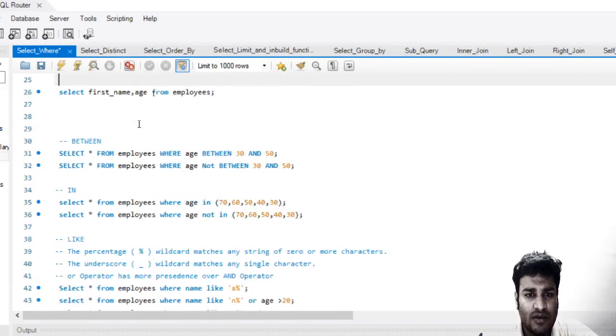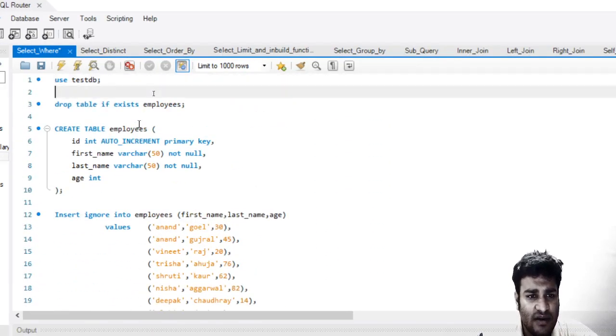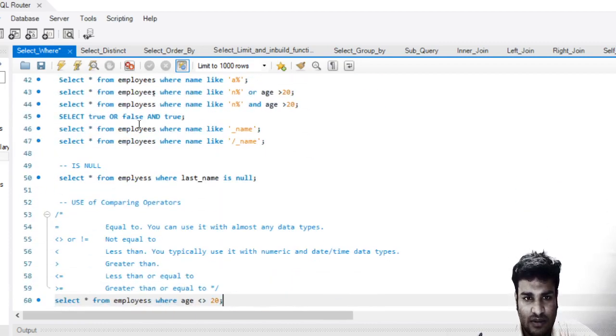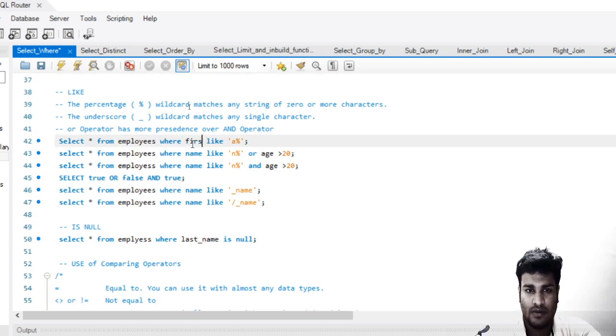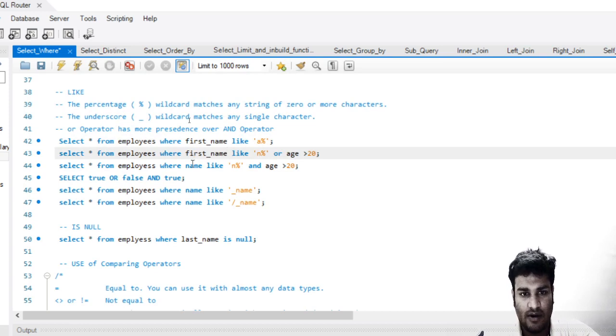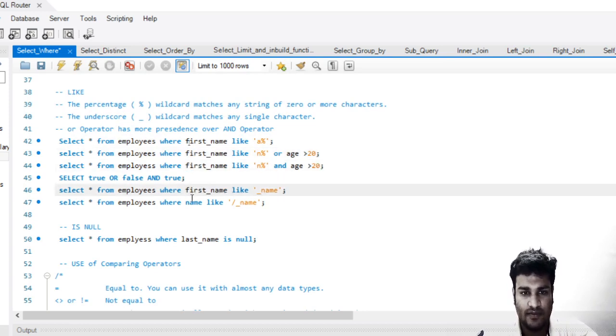So name is an unknown column. Instead of name, we have first name. This should be first name. Let me correct it in all the queries for you.